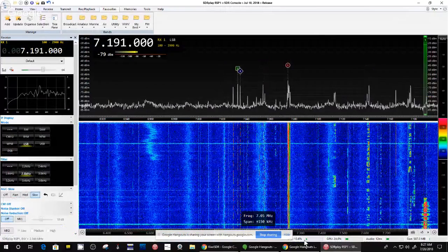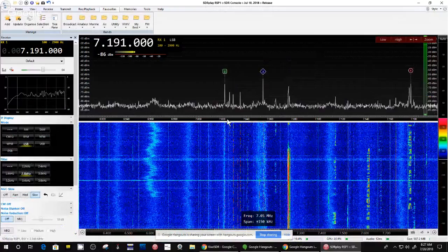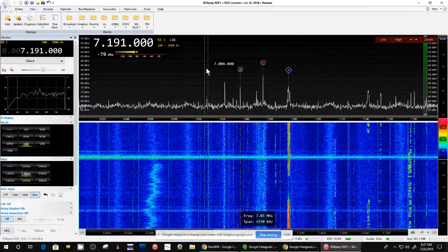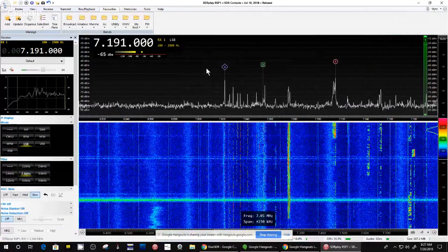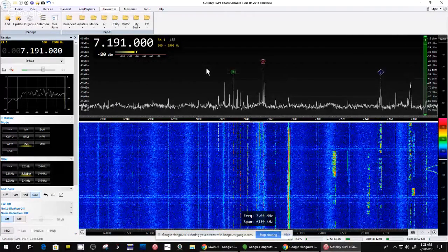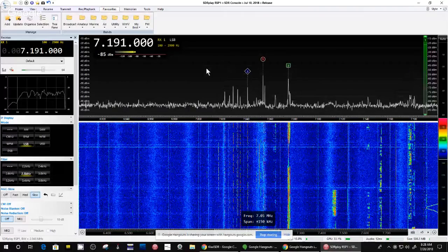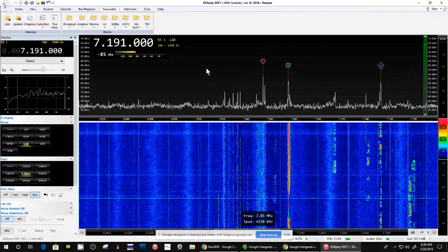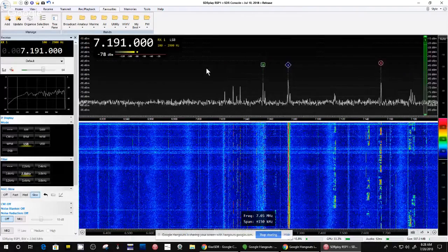What I did in order to keep the CPU used by this program down is I reduced my bandwidth to only 2 megahertz. It will do 8 megahertz, but by reducing that, it uses less CPU power, leaving leftover CPU power for other things such as Hangouts and the Kiwi SDR.